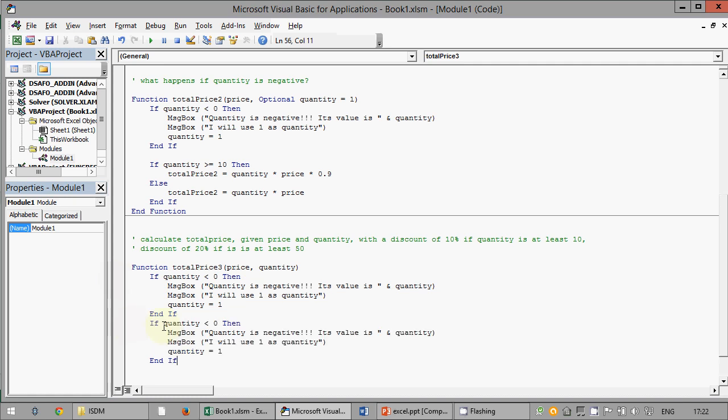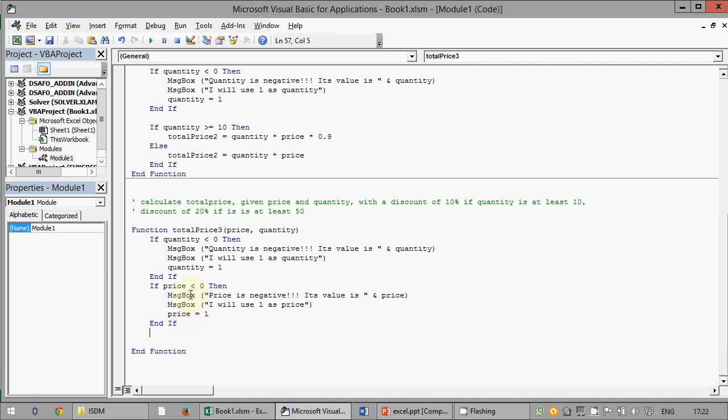If price is negative, price is negative. So these things are some checks to see whether the user is cheating you, trying to insert unbelievable values. Okay, save.